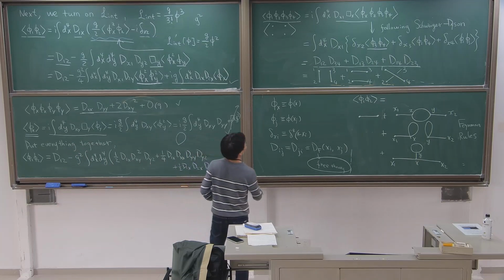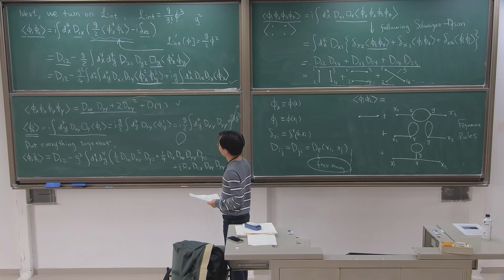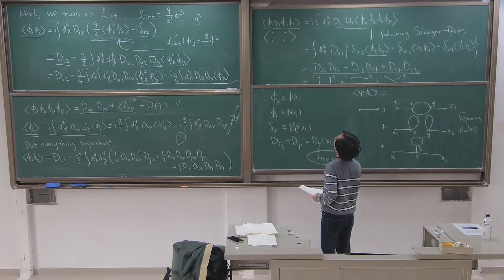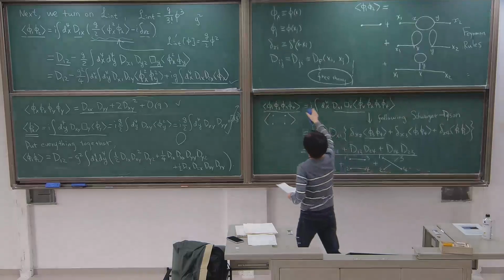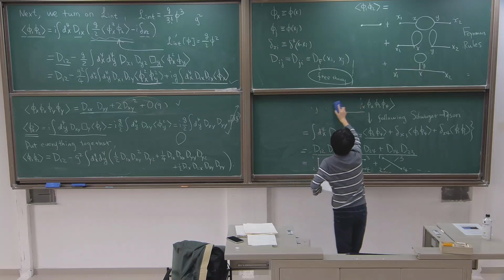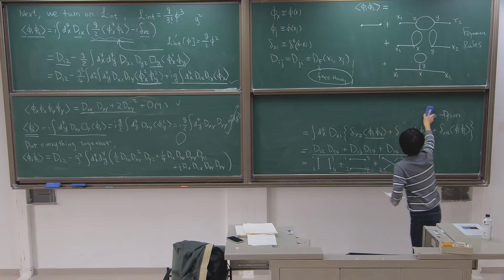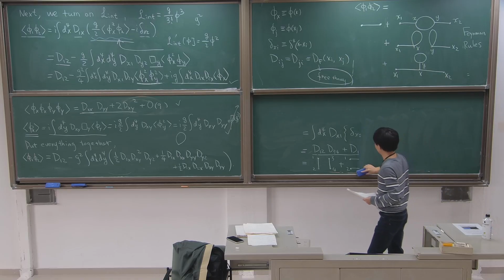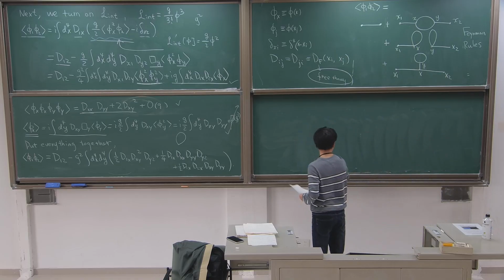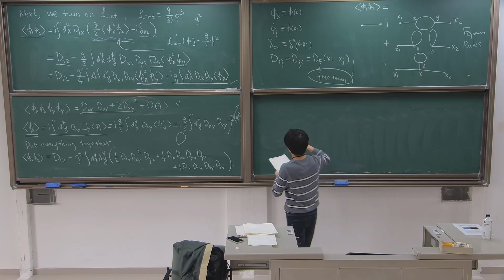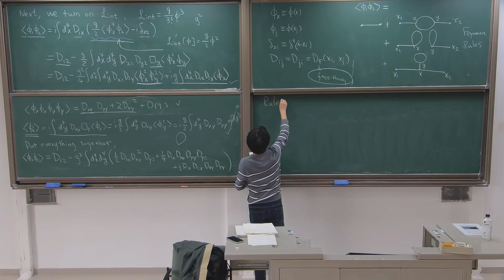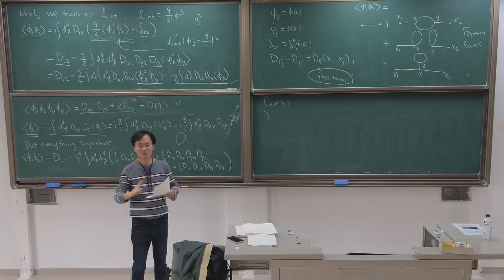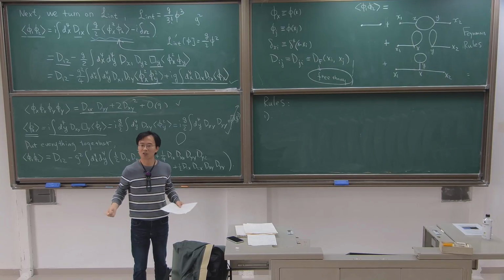But if this is your first time to see such a thing, we have to spend a little bit of time to really make the Feynman rules sharp and explicit. In principle, we should build up the Feynman rules clearly. So what are the rules? We call them the rules, but what are the rules, right? Since this is important, I already explained everything basically, but now let's use words to